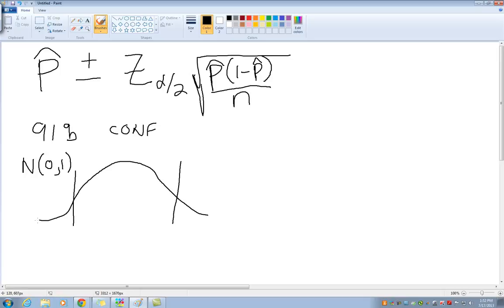What I want to cut off, let's just see again. To totally adorn this, let me see if I can get that more centered. Okay? 0 is the center of this. What we want to do is cut off an interval along this standard normal axis. And this interval isn't the confidence interval itself, but it's going to help us find this z. That cuts off the middle 91%.